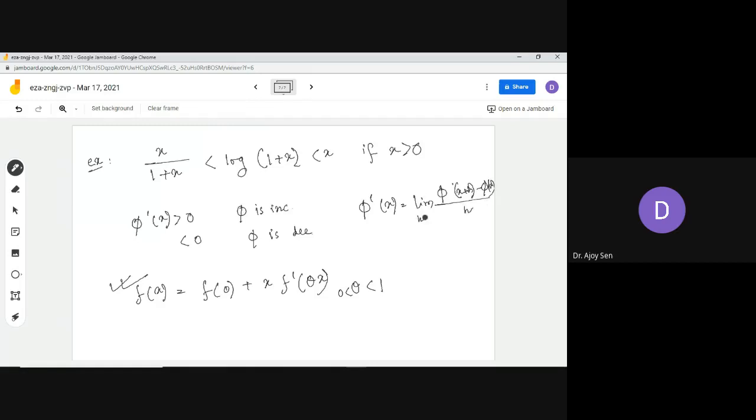This is the definition you know of phi dash x. So what is the basic idea? The basic idea is that since the function is increasing, the value of the function at x plus h, a very near point to x, should be greater than the value at x, because we are moving from x to x plus h, where h is positive. So if the function is increasing, the value at x will be lesser than the value at x plus h. So this thing is positive.